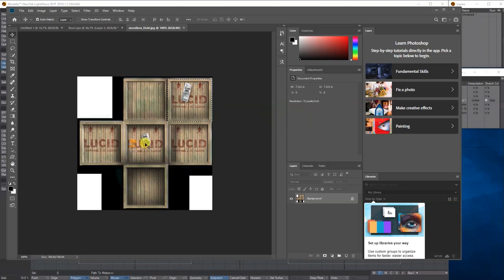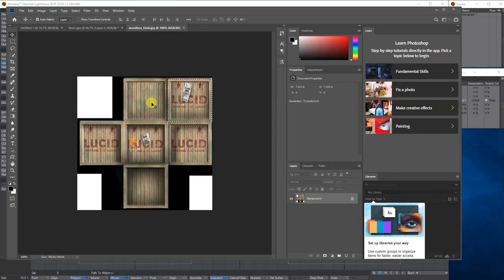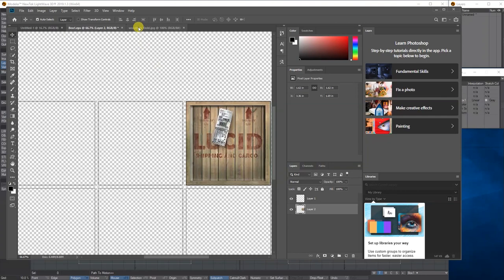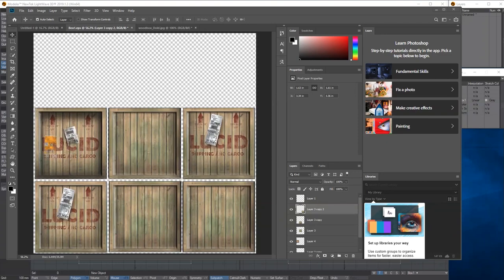So I'm going to bring 5 more of these panels and place one in each of these boxes, and that's what you've got to do. I'm going to quickly run through this bit at higher speed, because you already know what I'm going to do. Okay, so I've dragged and dropped each one, of different sizes, very random. I haven't really looked at which is top, back and sides, and I've placed them inside each one of the polygon faces.